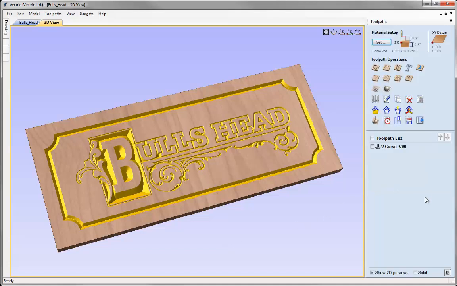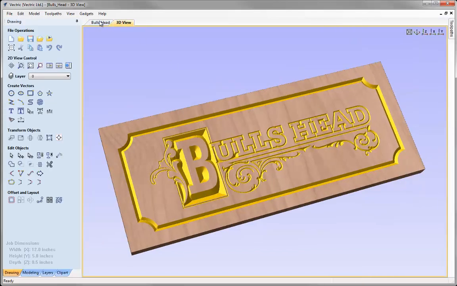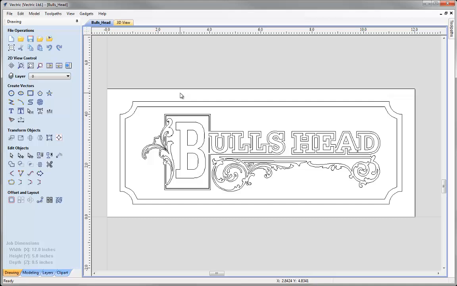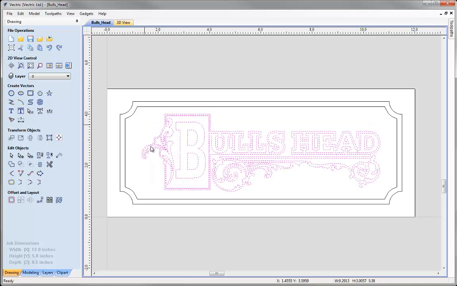We can close the Preview Toolpath form, click on here to go back to the Drawing tab, click there on the bull's head to go into the 2D view. I'm just going to click in the background to deselect, and now I want to select all this middle graphic here. So I can either click and drag a box that completely encloses it, or if I start sort of down to the bottom right here, but inside these border vectors, I can click and drag up to the left and just make sure that I at least partially touch everything in the middle there so that these vectors become